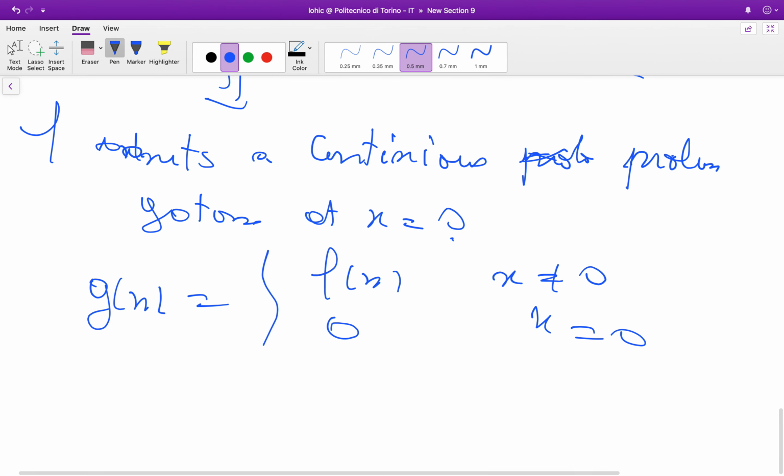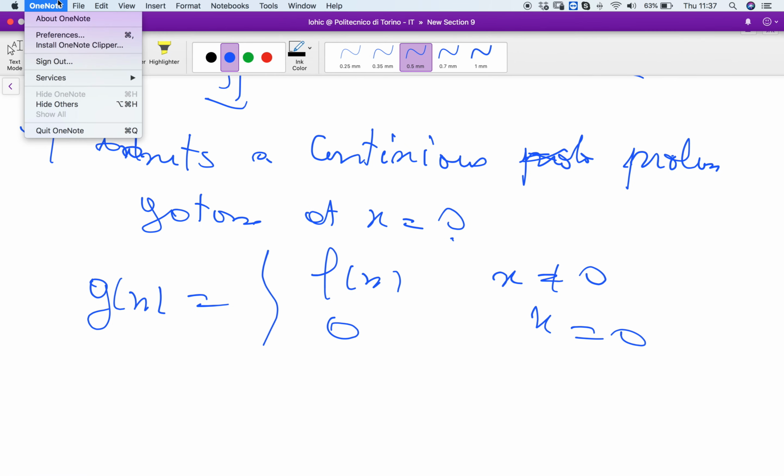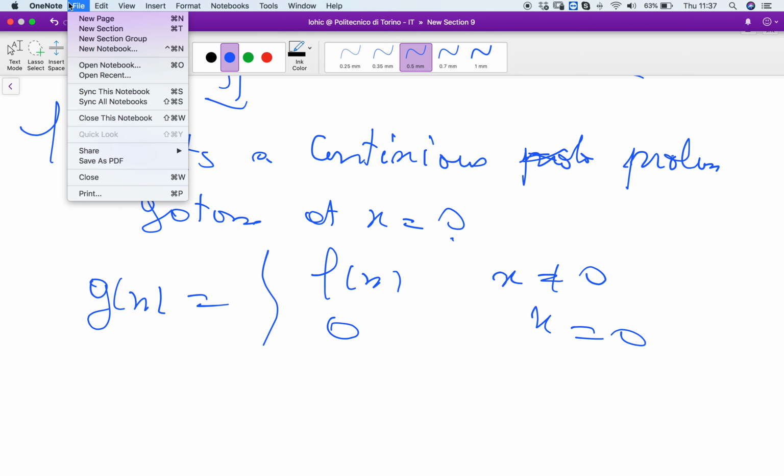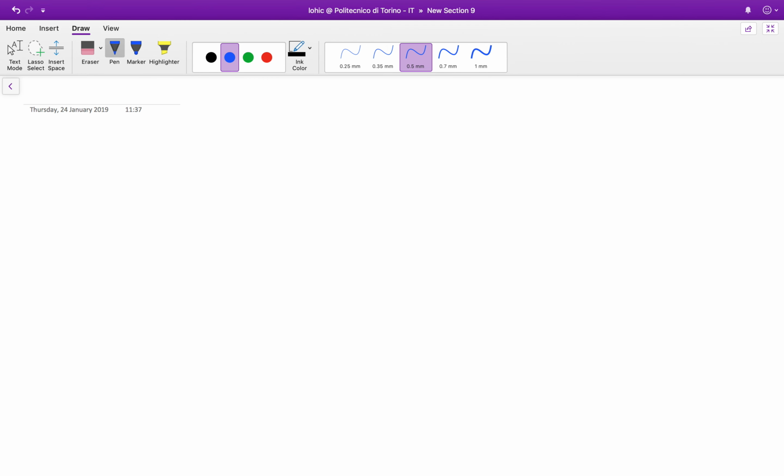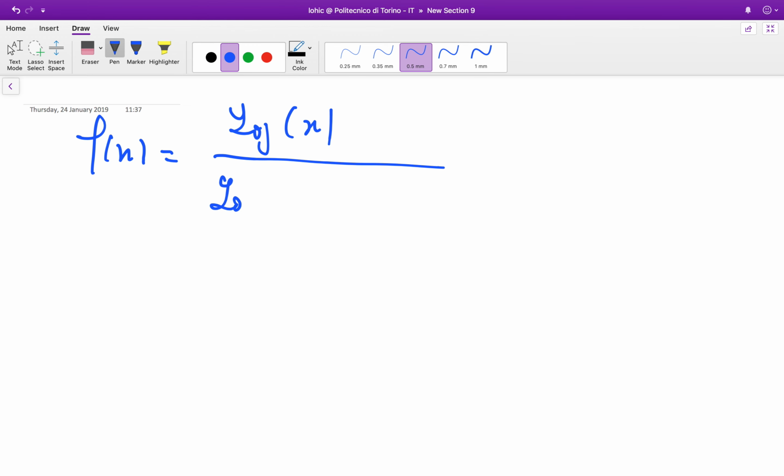Let me take a new page on which we'll compute the derivative. So the function was f of x equal to, I told you that we will just refer to the positive part, right? And then because the function is even,